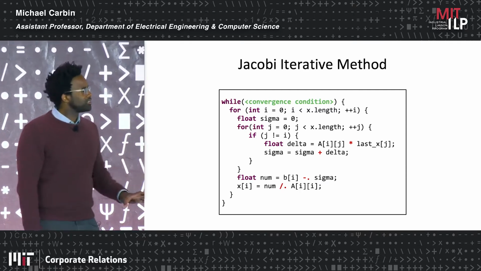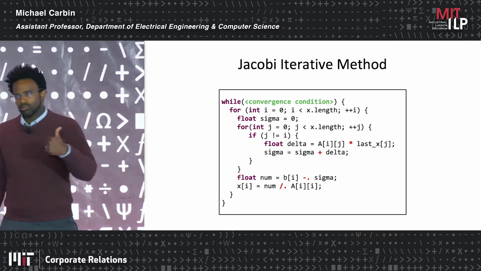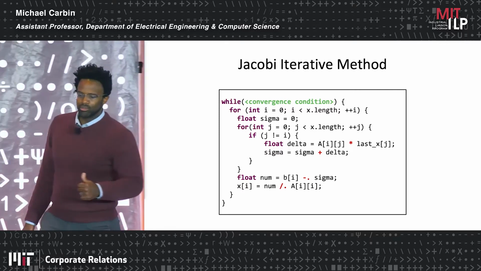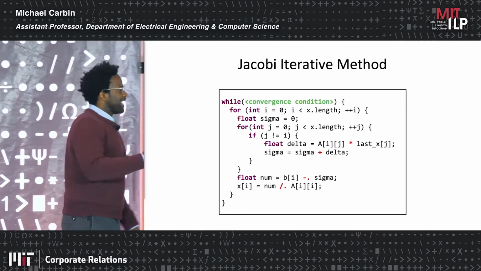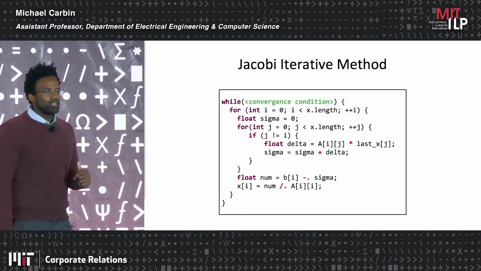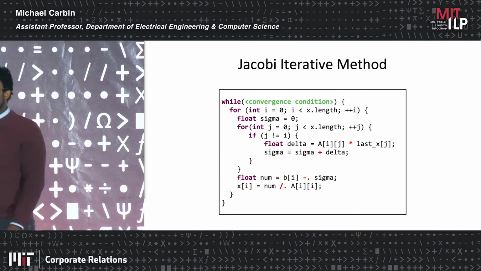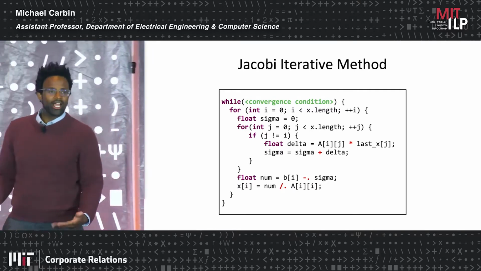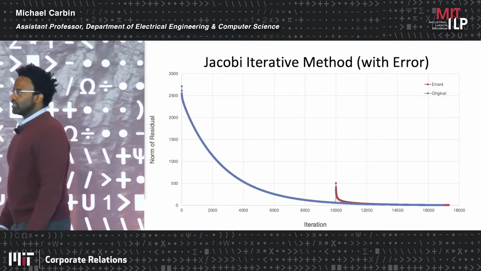The key properties that I want you to understand here are, one, that it's an iterative algorithm, somewhat like we see in our machine learning computations, where they compute a number of iterations, and over time our answer gets refined to be better and better. The second thing I want you to notice is that I've got some operations highlighted here. The reason I've highlighted these is I want to show you what happens when we inject errors in these operations. And so here it is.